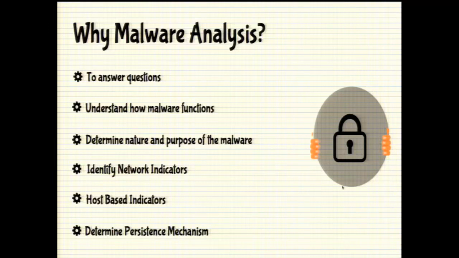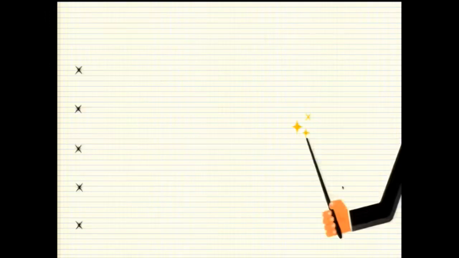You might also want to determine the host-based indicators. You want to see if a malware is logging keystrokes, and where it is logging. Is it logging to a file, or is it creating an additional process? Is it creating a mutex, and so on? These are some of the things malware analysis helps answer. And after you determine the network indicators and the host-based indicators, which we call indicators of compromise, you can add these to your security devices to determine additional infections.